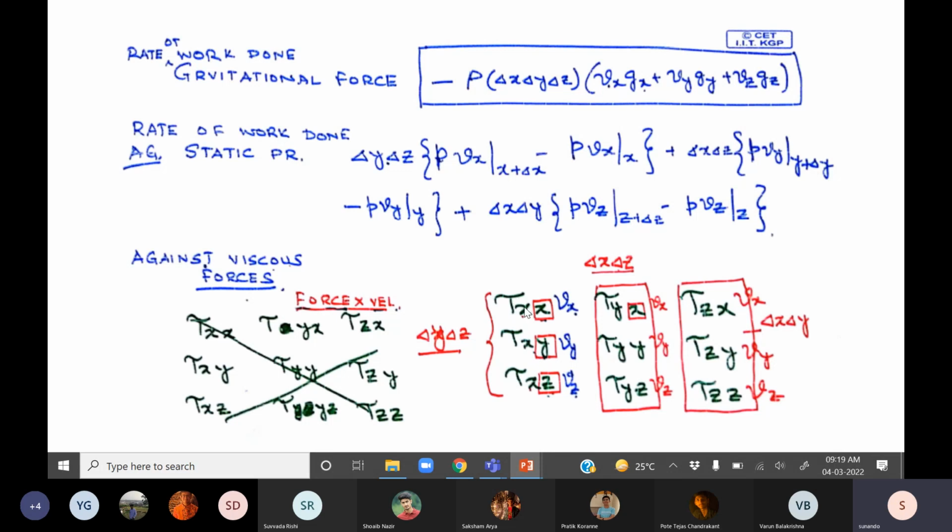If I consider this x part, the column part, all these are acting on the x face, which has area of delta y, delta z. This has area del x, del z, and this will have area of del x, del y, and so on. So these 9 additional components, which are forces against viscosity, are to be accounted for,